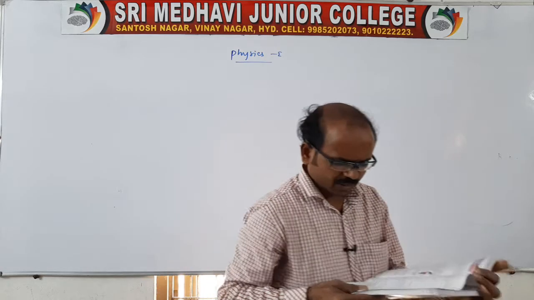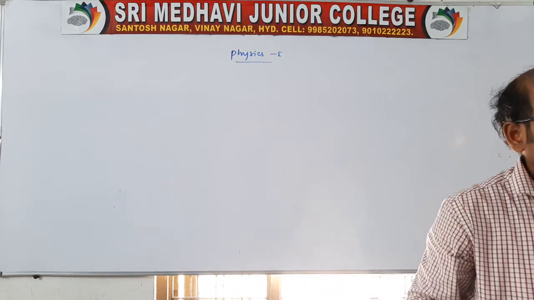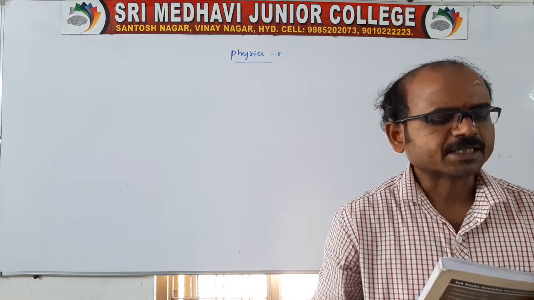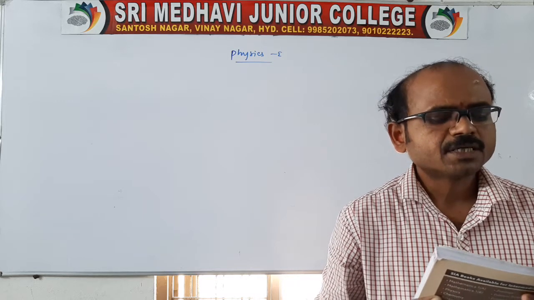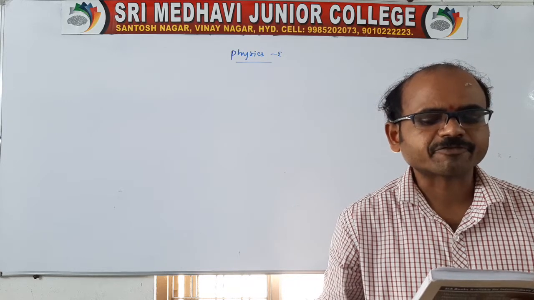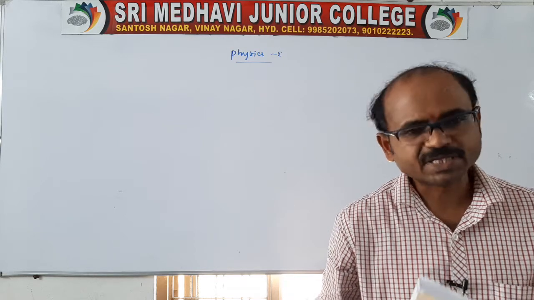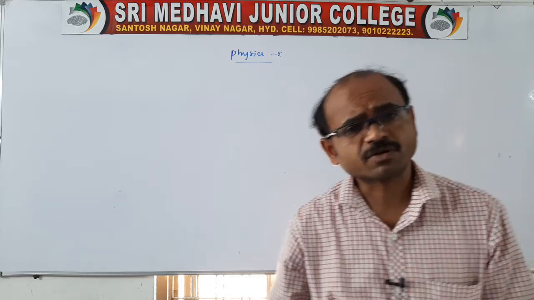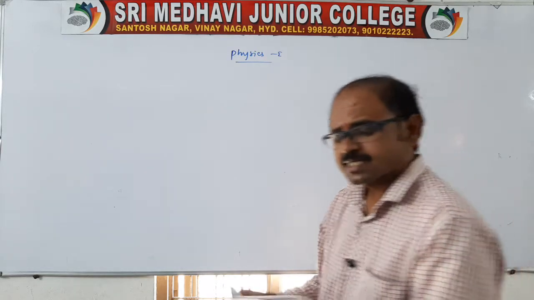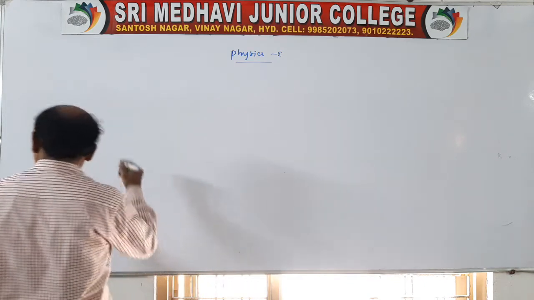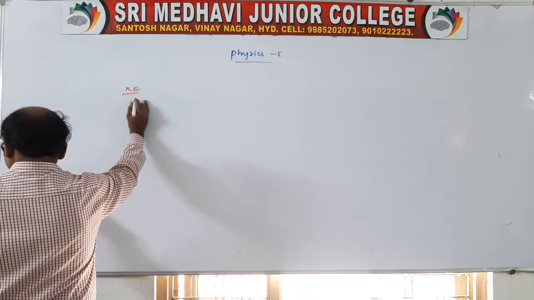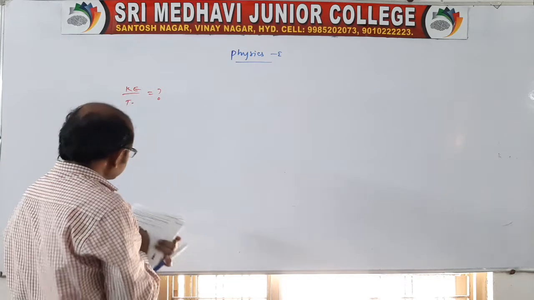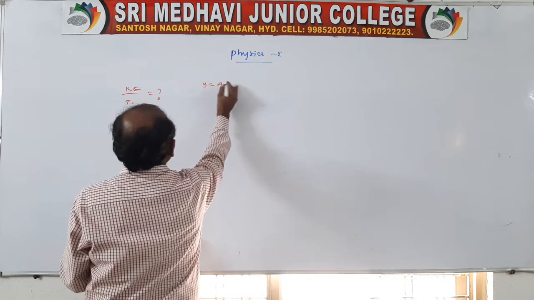See page number 193, question number 8. What fraction of total energy is kinetic energy when displacement is 1/2 of the amplitude of a particle executing SHM? Just now we did it for a by 2 as well as root 3 by 2 and a by root 2 also, we finished. But the question is asking what fraction of the total energy is the kinetic energy, at a displacement y equal to a by 2.